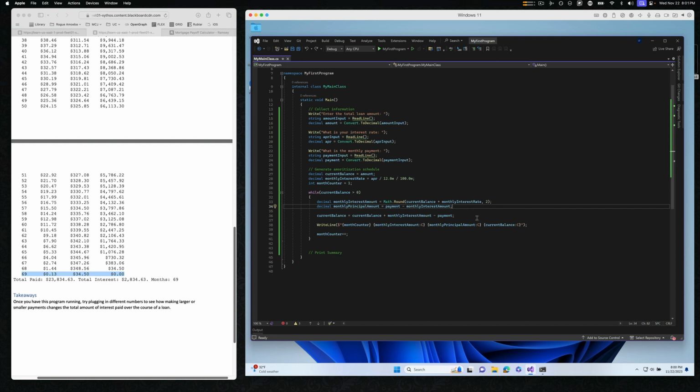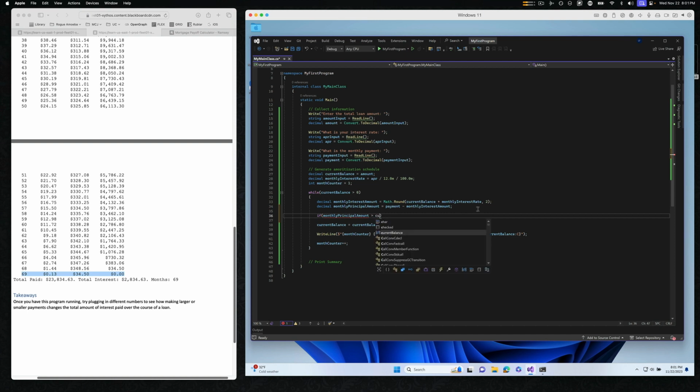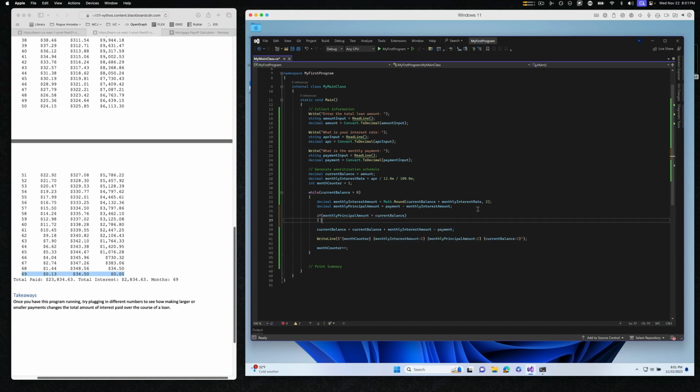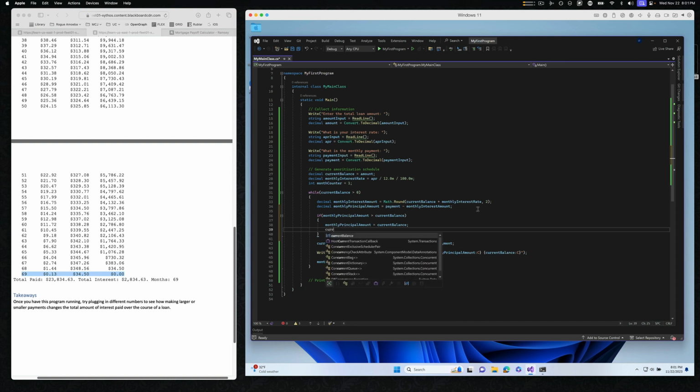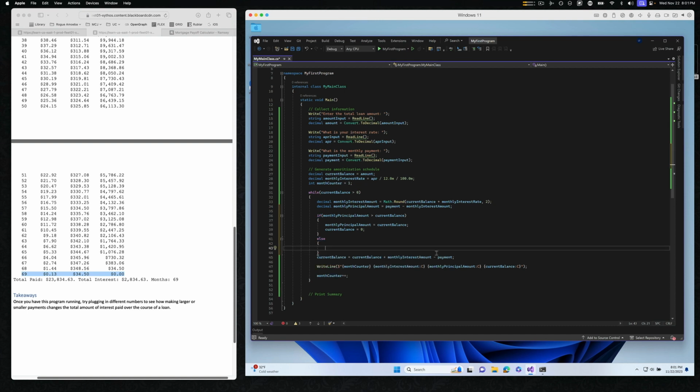So we're going to do 2 calculations. There are a bunch of ways we could do this, and they all have trade-offs, but we're going to do it a simple way. We're going to say if our monthly principal amount is more than what we owe, then we know we are on the last month. And so in that case, we will say that our monthly principal amount is now going to be equal to our current balance, and we're going to set our current balance equal to 0. Otherwise, we are going to do our calculation just like we normally